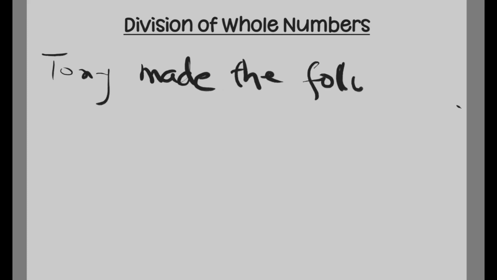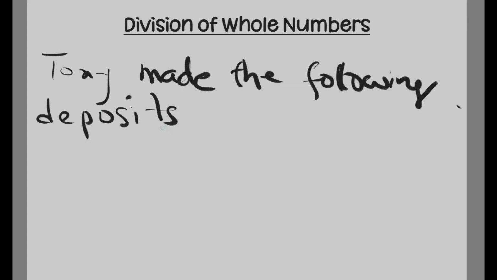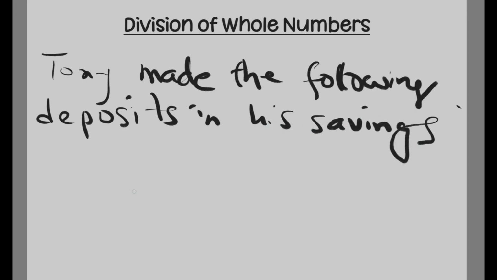Let's say Tony made the following deposits in his savings account. Okay, Tony made the following deposit in his savings account, and he made